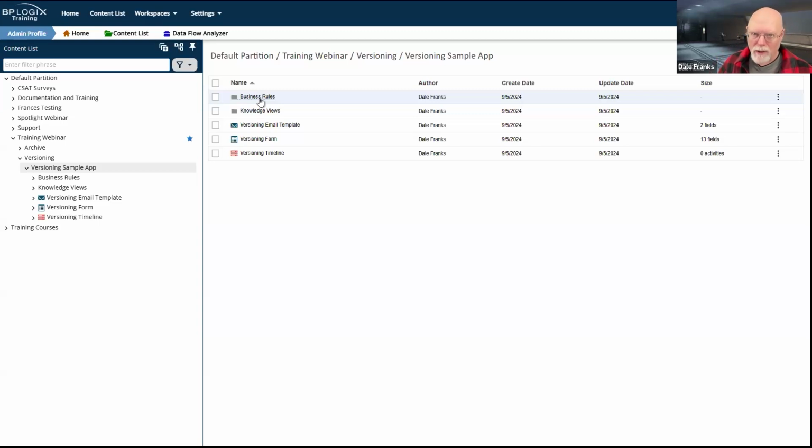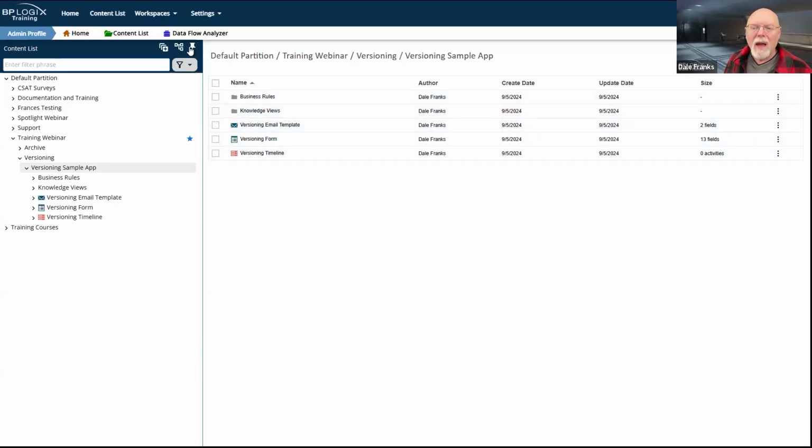Business values, for example, are universal. They can be used by any application in your system. So if you need data to go into any form from some external database, you can grab it via a business value.